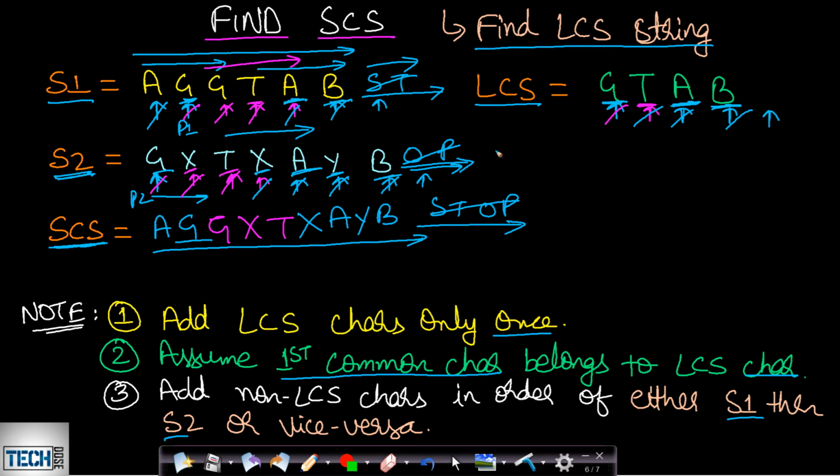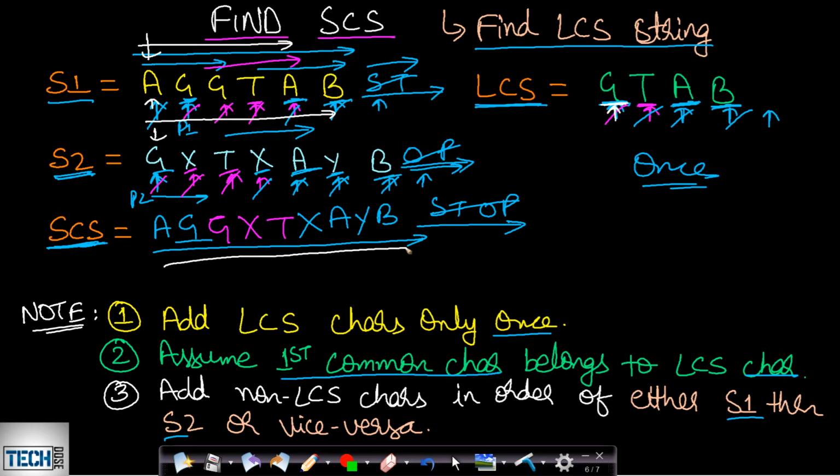So the important thing is to find the LCS string, and all these characters should only be included once in our SCS string, and all other characters will be included in order. And why are we taking 3 pointers? Because we want to traverse from the 0th index to the last index in order to maintain the order. Order is very important in a sequence, right? So that is why we took 3 pointers pointing to index 0 and to index 0 of this LCS, and we were traversing to the right and including all the non-common characters in between these LCS characters, so that everything is maintained in order.